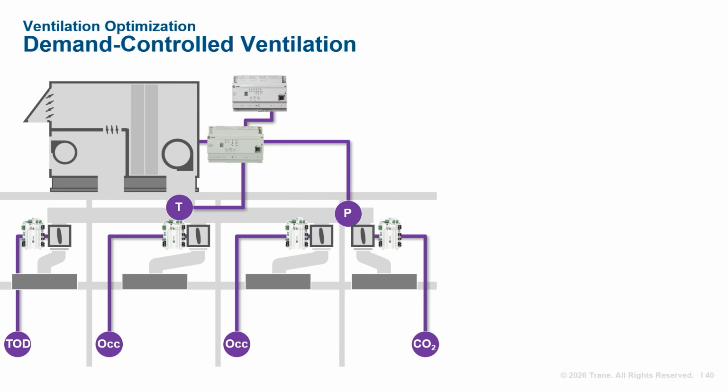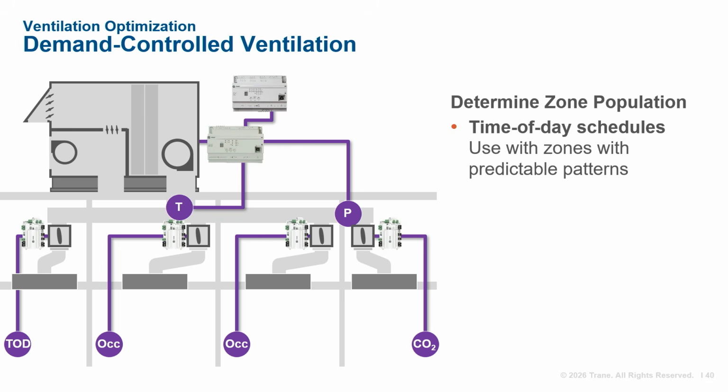There are two approaches available with multiple zone VAV systems: demand-controlled ventilation at the zone level and ventilation reset at the system level. First, demand-controlled ventilation. The system can be equipped with different means to determine or measure individual zone population. Common examples include time of day schedules programmed into the VAS, which are best used for zones that have predictable